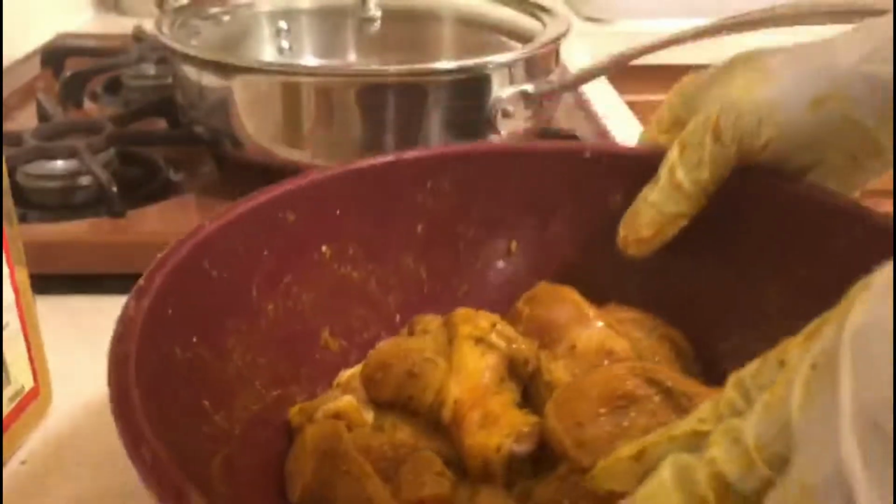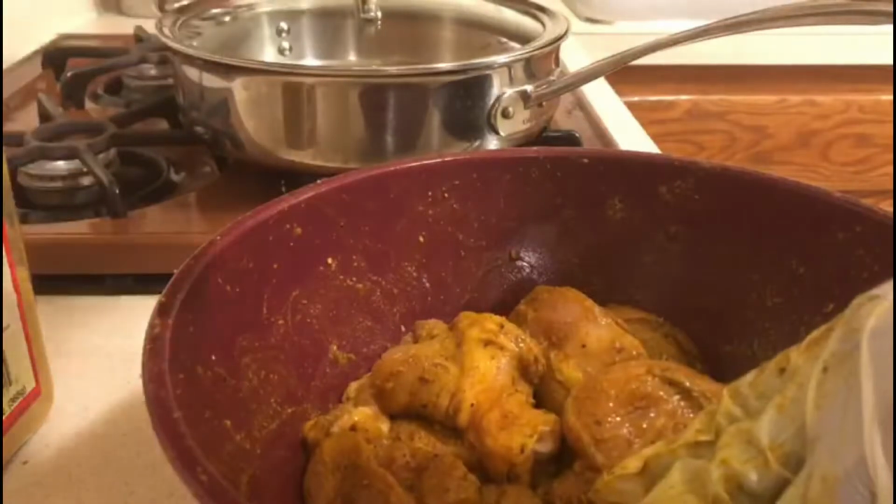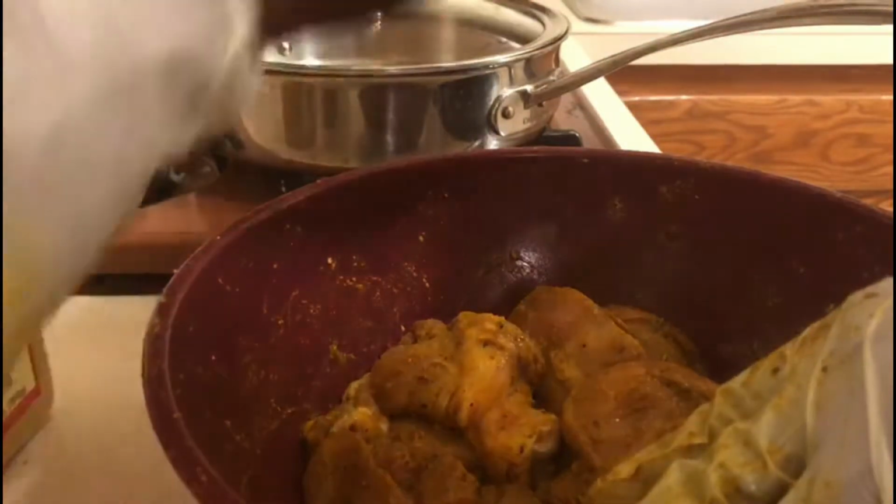So this is what we call the honey curry chicken. After it's finished cooking, or 90% cooked, you're gonna add some more honey to it. And the butter beans, you're gonna add last on the stove. So after half an hour, let's get this chicken on the stove with a little bit of